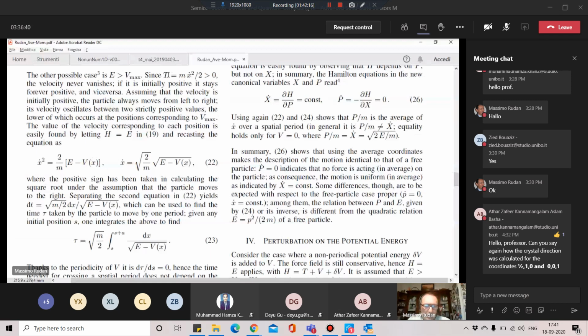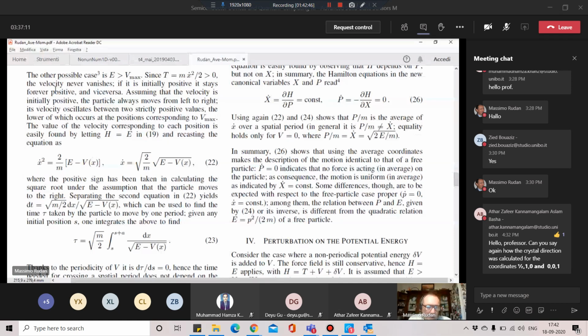This is also strictly positive, never vanishes, okay? We assume that the particle has an initial velocity oriented from left to right, so the particle always goes to the right, okay? And then it is very easy to integrate the equation of motion in this case, because